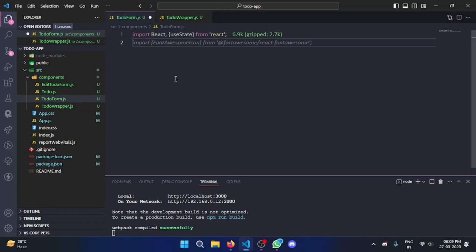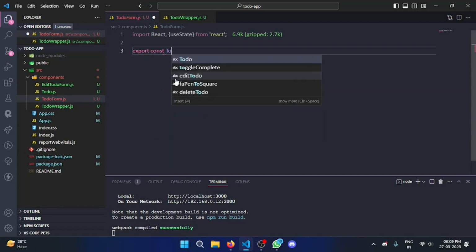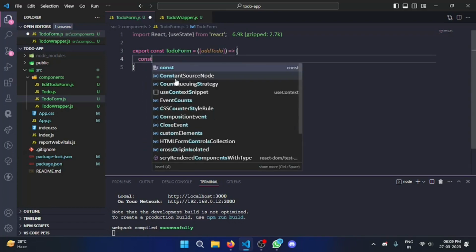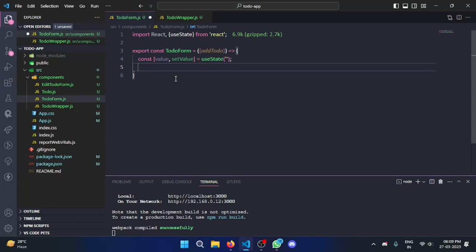Now let's export const TodoForm is equal to, addTodo, sorry, I forgot that, and const value, setValue, and I will use useState, and const